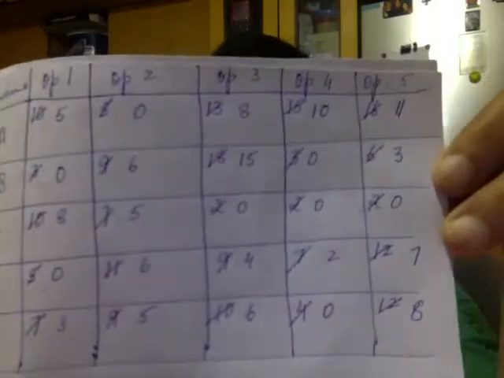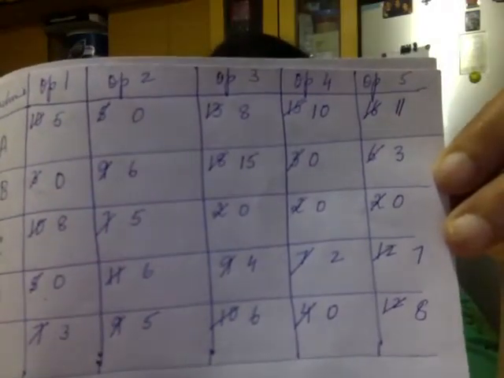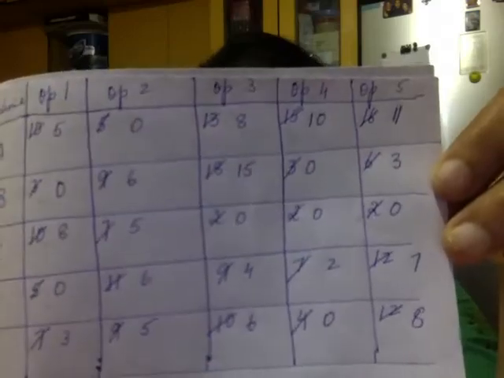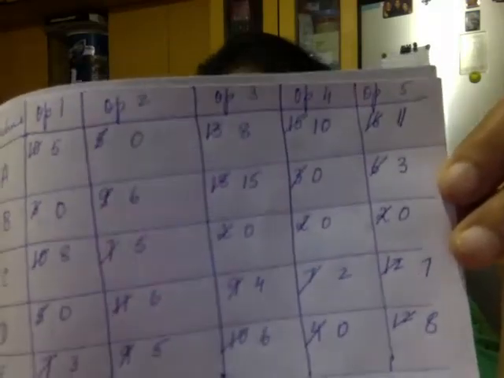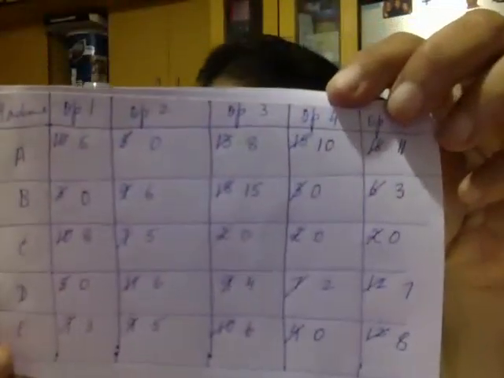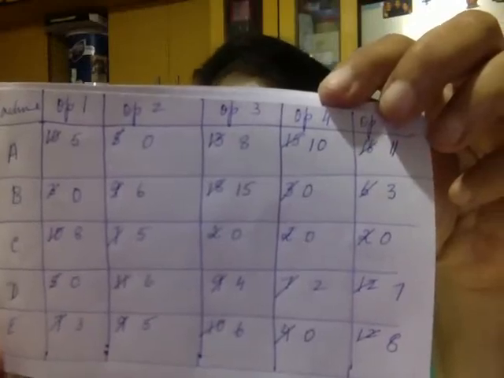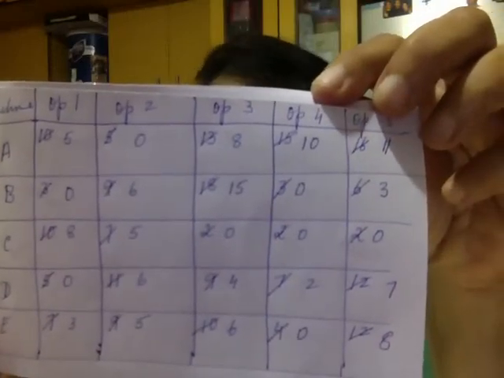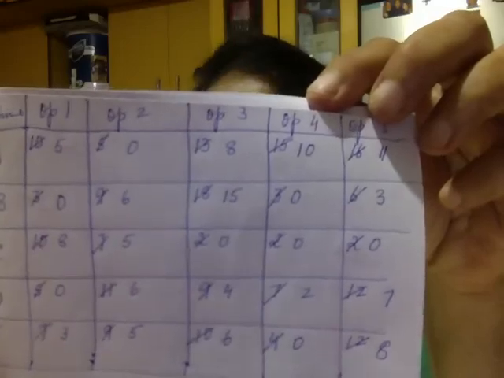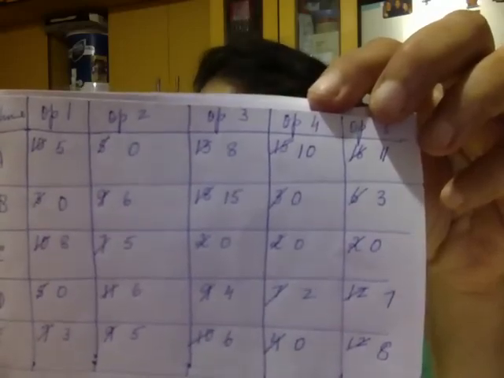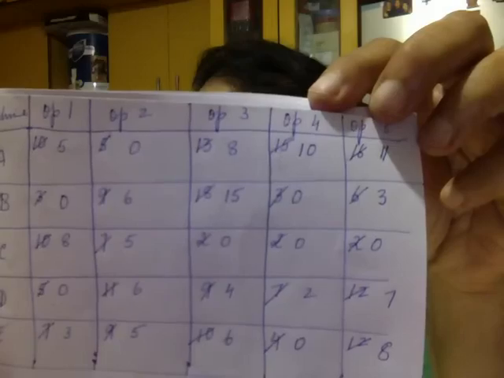Is there a 0 in column 1? Definitely yes. So we cannot do column reduction because the minimum is 0 and there's no sense in subtracting 0. It will remain the same. Let's look at the second column. Is there a 0? Essentially yes. So it makes no sense to deduct from the column. Third row, yes, there's a 0. You cannot deduct. Fourth row also there's a 0. Fifth row there's a 0.